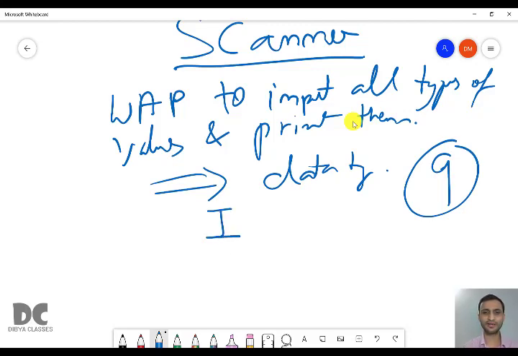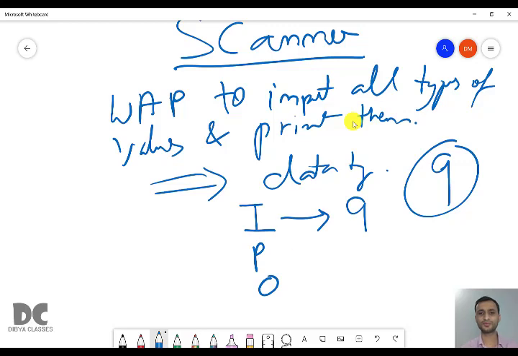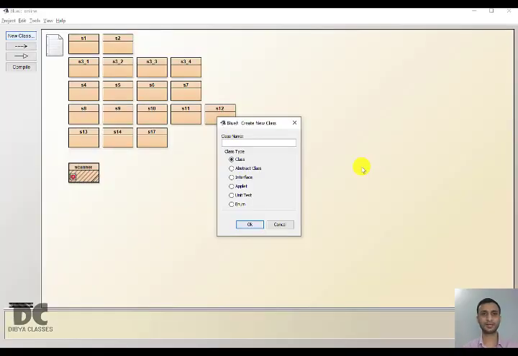All programs are divided into 3 parts: input, processing, output. You already know about this. Here the input is 9 values. Processing means here basically there is no processing; there is directly printing. You have to print all the 9 values. First, let us write this program in parameter, which you already know. Let us create a class. Let the class name be